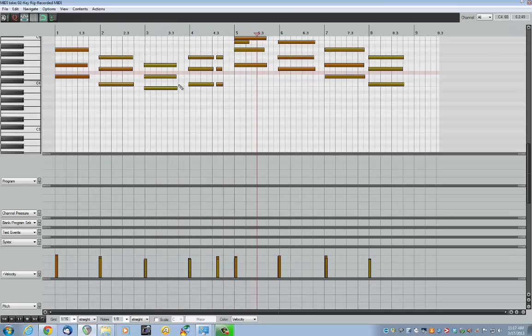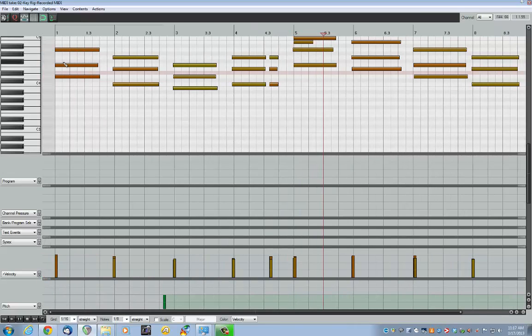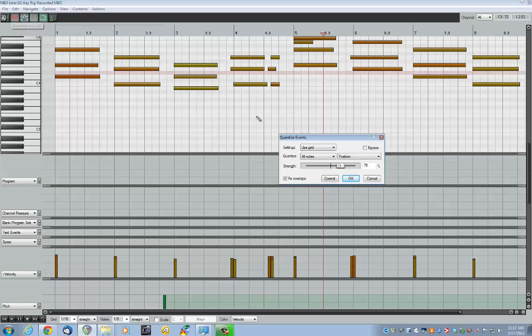I'm going to use the mouse roller key to roll in, and I'm not right on the one in all cases, but nevertheless I'm going to go ahead and hit the Q for quantize up here, and as soon as you hit that button it will preview what the effects are. So as soon as I hit this, you'll see the events start to move,